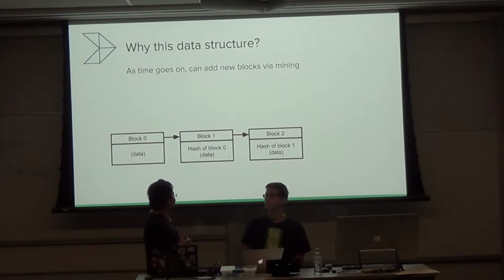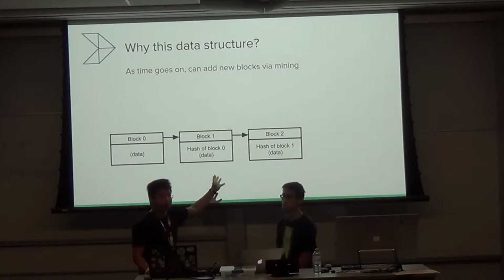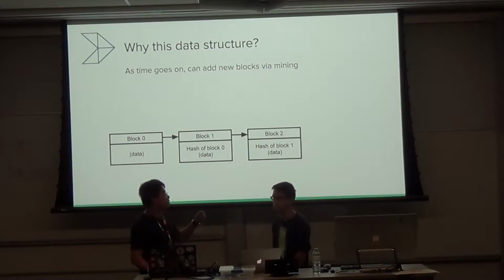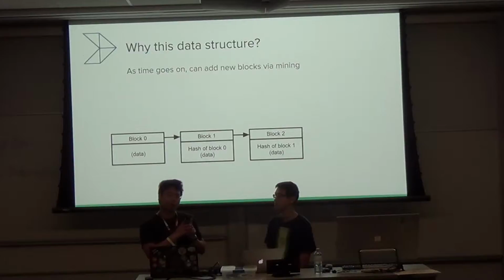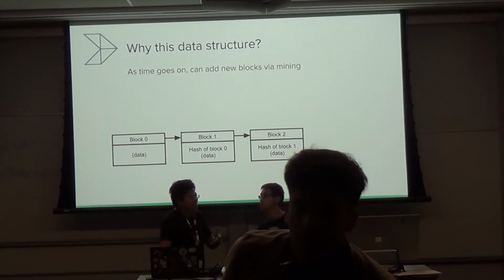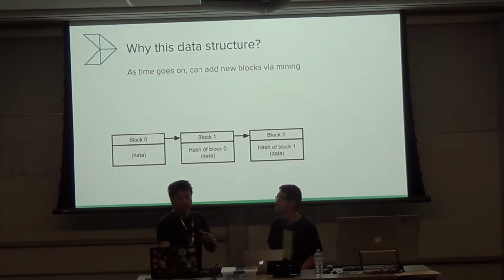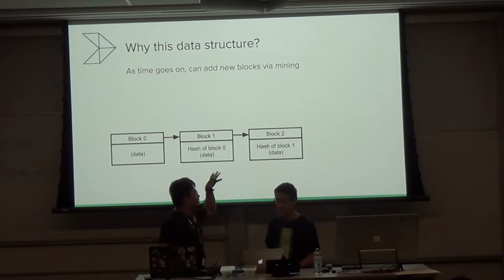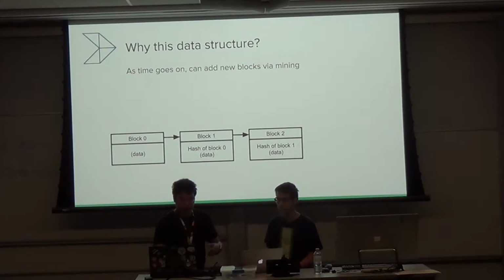Essentially, in this example over here, this block 2, to mine block 3, we have to generate millions and millions and millions of blocks based off block 2 until we find one that has a fingerprint that starts with the right number of zeros. And this is a process that's very difficult to computationally do. But basically, the process involves just repeatedly trying things until it works. There's no faster way to do it.